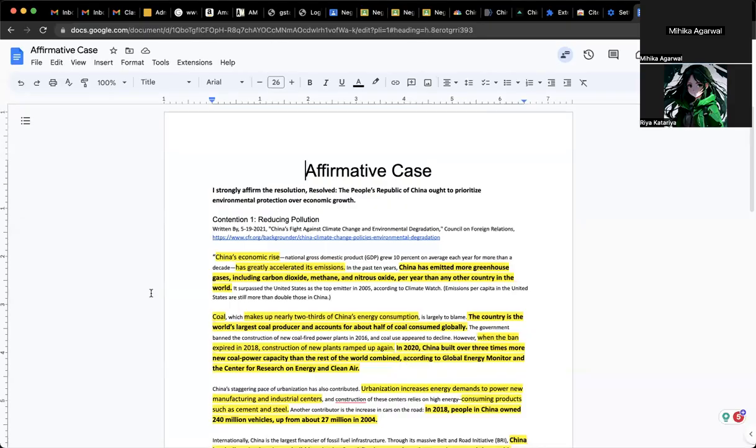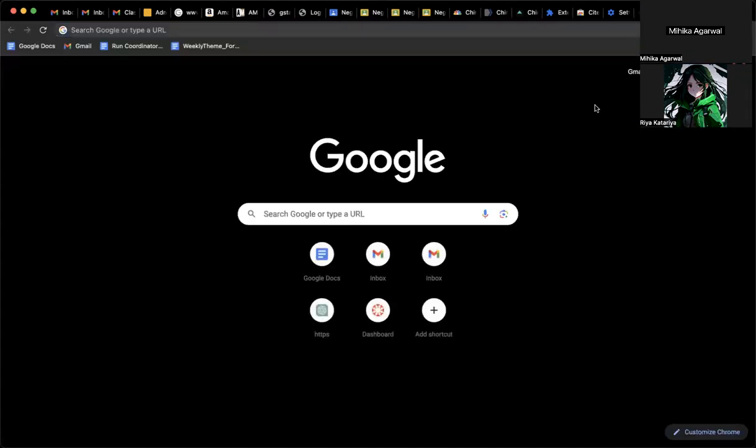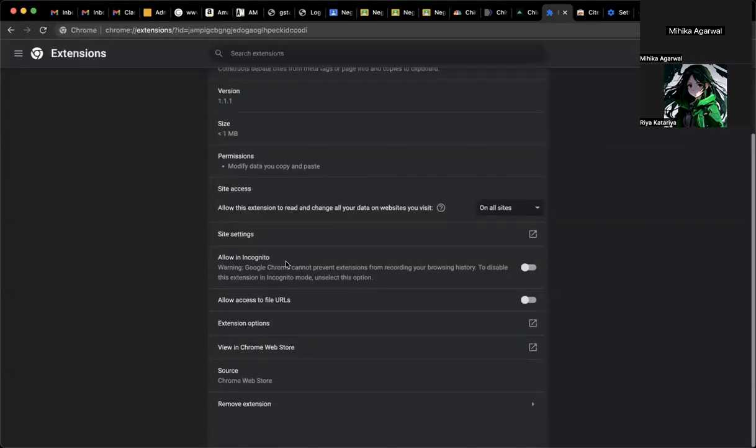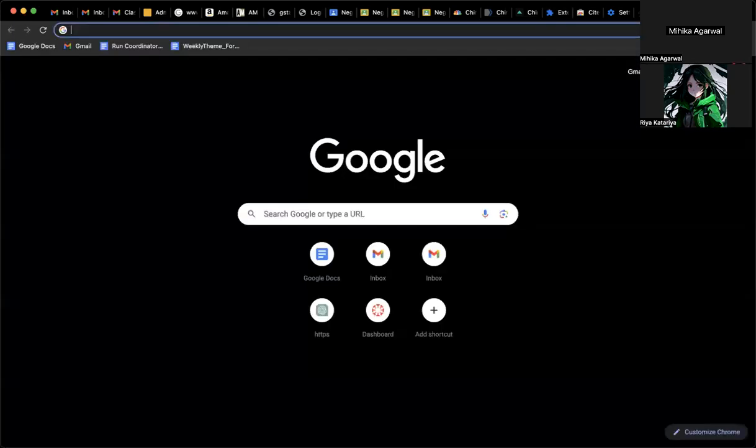So how do you make it work? For the site creator, to answer Tejasvi's question, you have to go to the permissions. Let me share my screen. So you go here. If it's on Chrome, you just go here. And then, one second, you go to manage extension, and then it should take you to it. Okay, it should take you here. And then you should access it on all sites. That way you get everything, and then it should pop up. If not, I'm not too sure. I don't know how to troubleshoot that.